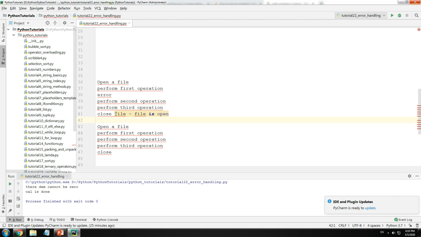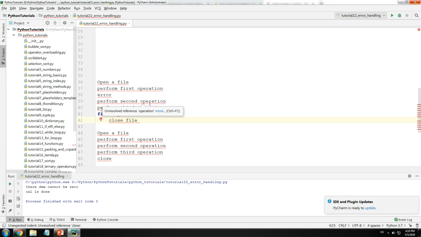So commands like this, where you need to close a file regardless of an error or not, will always come in your finally block. So regardless of the file operation being successful or not successful, the closing of the file is always performed. So this is a practical use of finally.